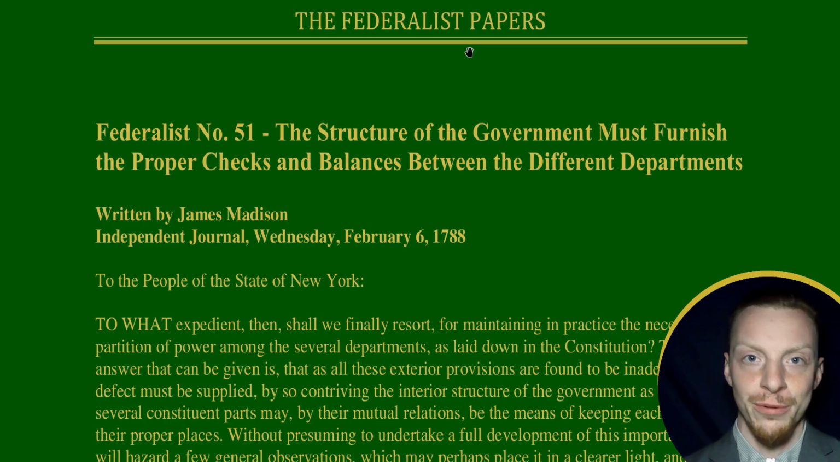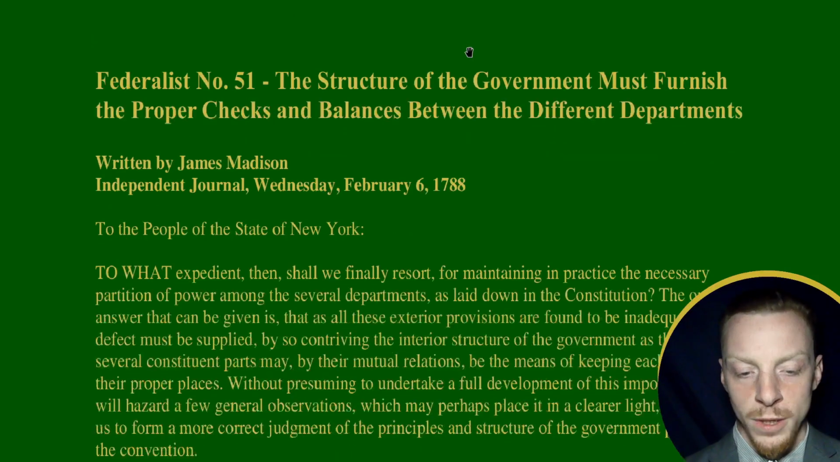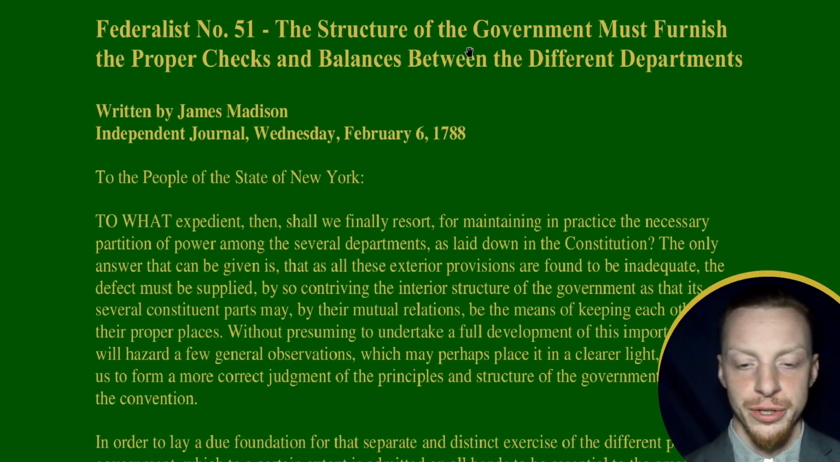Given we're about halfway through with the Federalist Papers, we're starting to look at the Anti-Federalist Papers and compare and contrast the arguments for the U.S. Constitution and the arguments against the U.S. Constitution. Okay, so like I said, we're going on to number 51, which is titled "The Structure of the Government Must Furnish the Proper Checks and Balances Between the Different Departments,"